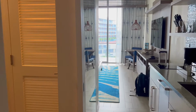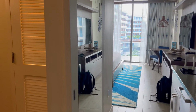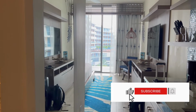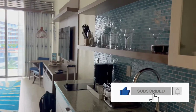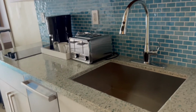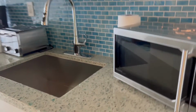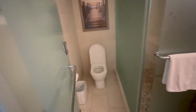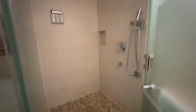Okay, so this is a studio suite at the Margaritaville Resort in the Bahamas, and this is in the residence section. So of course you have this little kitchenette with a dishwasher and microwave, full dishes and stuff. And then here we've got the bathroom, which is kind of open concept. So toilet and shower. So, I mean,